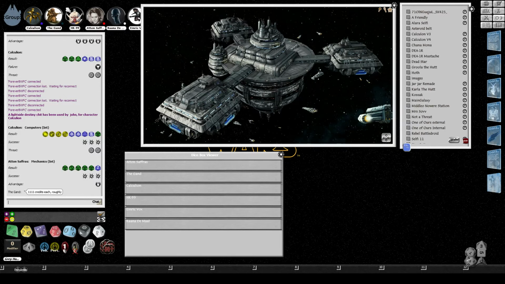1,000 each. Yeah, it's 1,111 credits. Technically, someone should get 1,112, and one credit gets lost in translation. Transfer fees. It's not like that matters. Alright, so